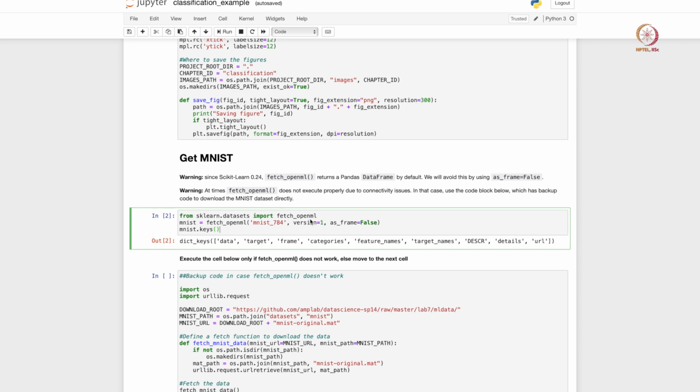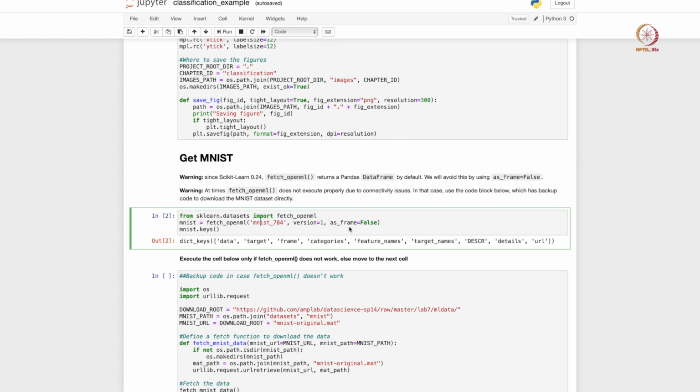From that package there is a function called fetch_openml. As long as we execute this function, we specify what dataset we need, what version of it, and as_frame basically tells you whether you want the data itself as a data frame or just as an array.